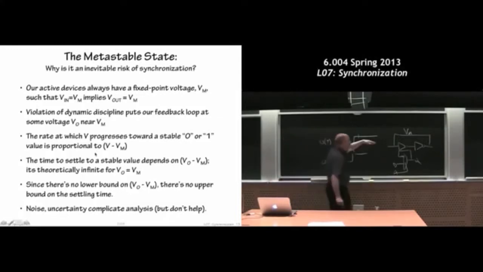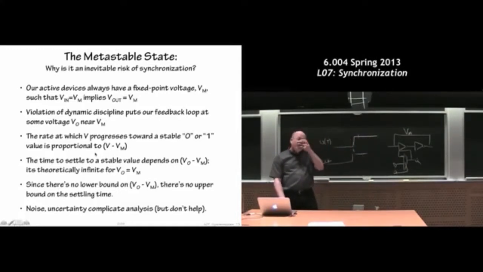The point at which this resolves to 0 or 1 has to do with how far away we are from this balance point, this magic middle point. In the world of real numbers, we're never exactly at that balance point. We're going to be maybe very, very close, but two physical quantities, if you measured them, will never be exactly equal, at least in terms of these voltages.